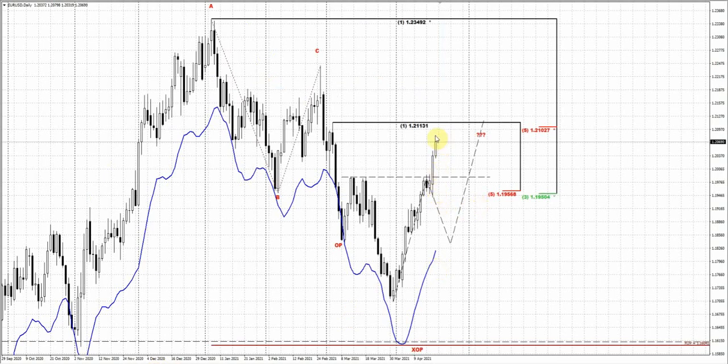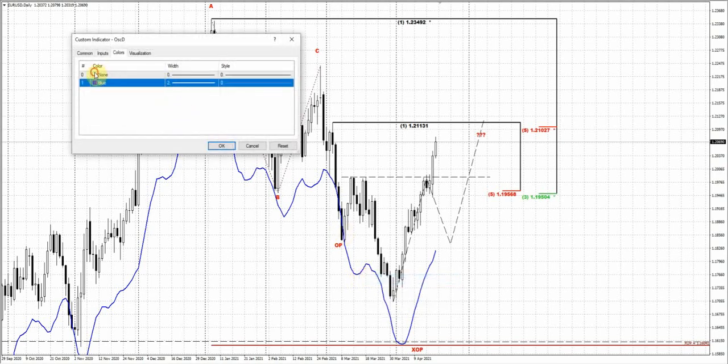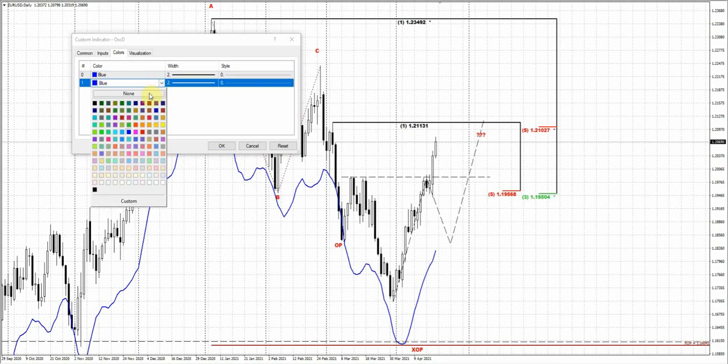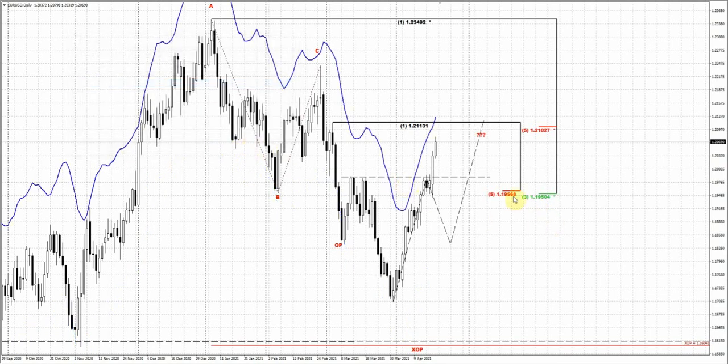If you remember, in the video that we prepared at the weekend, we said that theoretically we have two major scenarios: the direct up breakout, and the second scenario, the head and shoulders. Unfortunately, although the head and shoulders was preferable to us and is in general more pleasant to deal with, we haven't got it. The market is just moving higher, the direct breakout. That's why we're following the trading plan that we prepared for this scenario, and it suggests waiting for a pullback to the broken confidence resistance,